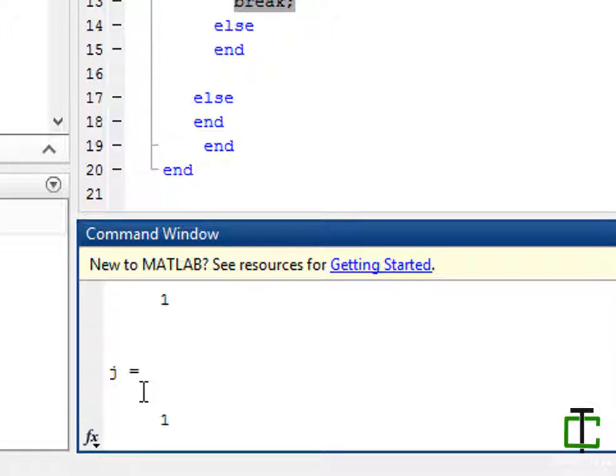When i equals 1, j loops through 1 to 10. When i equals 2, j loops through 1 to 10. Similarly for i equals 3, similarly for i equals 4.